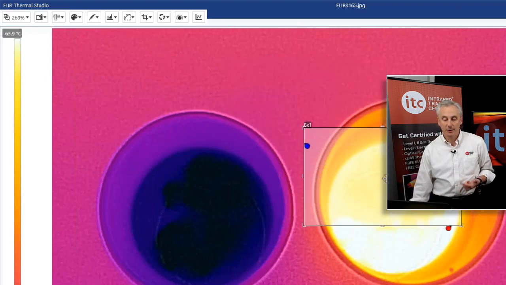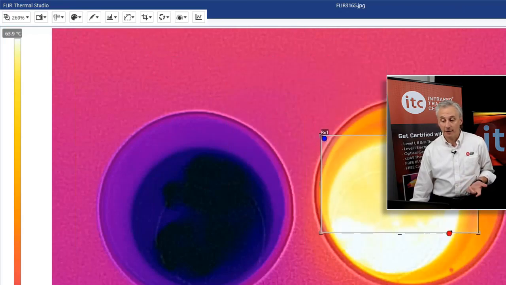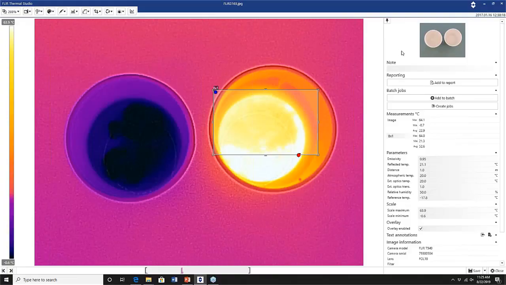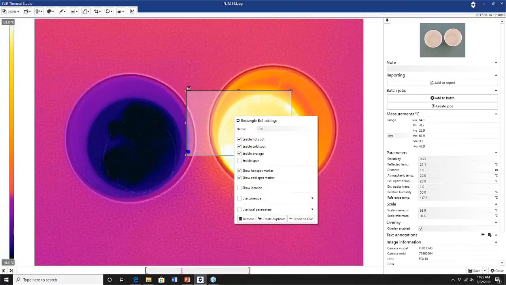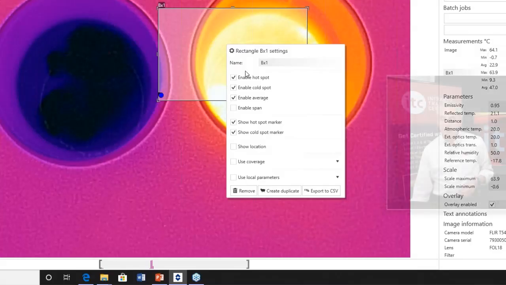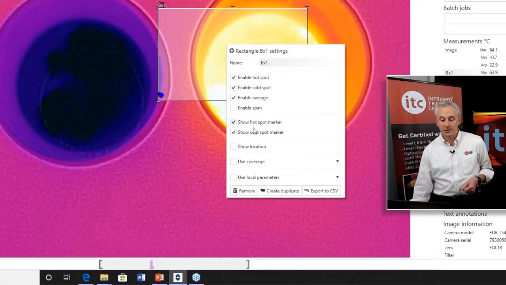Rectangle shows the maximum and the minimum temperature and the average temperature. To the right is where you can see all your measurement results and all your parameters. So that's, again, pretty similar to FLIR tools and how that works. If you right-click on a measurement tool, there are several options to show or hide the hot spot, the cold spot, etc. All right, and you can also remove the tool,